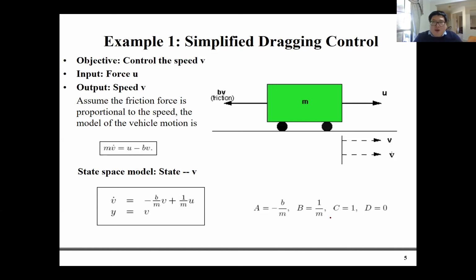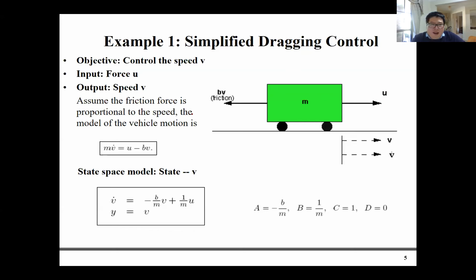We call this problem simplified jacking control, or simplified cruise control. Suppose you have a car with mass m, and you have a force U to jack the car,